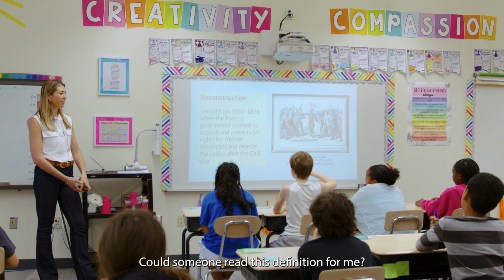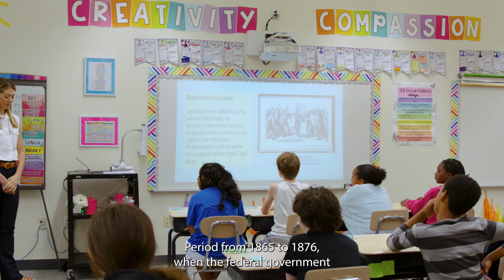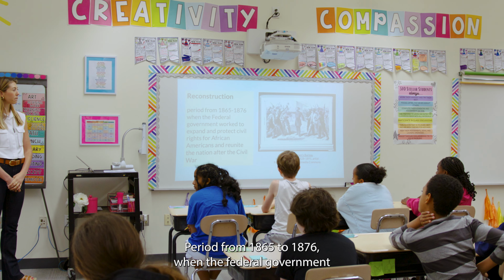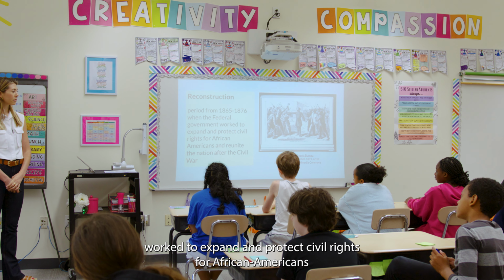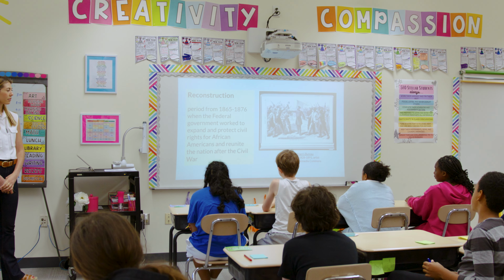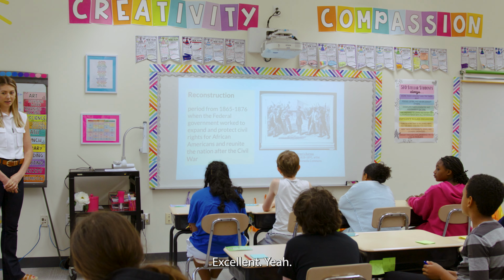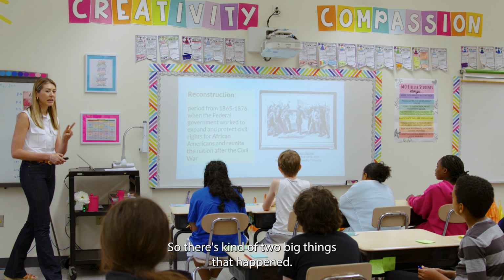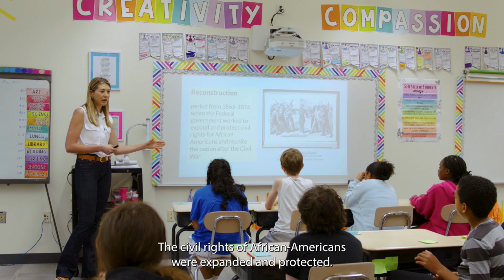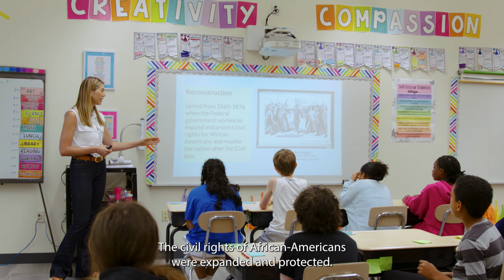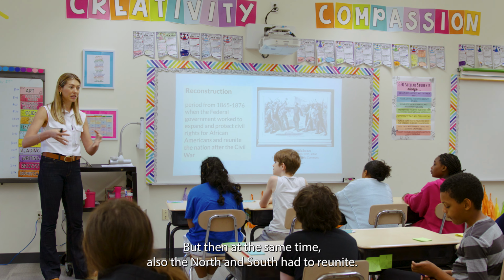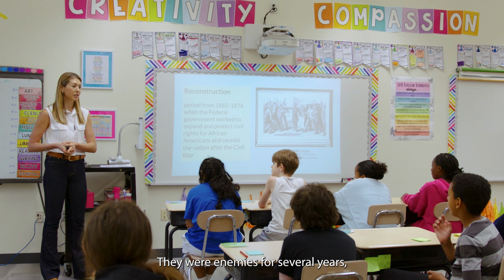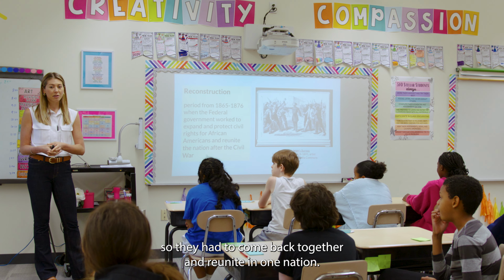Could someone read this definition for me? Period from 1865 to 1876, when the federal government worked to expand and protect civil rights for African Americans in the United States after the Civil War. Excellent, yes. So there are two big things that happened. The civil rights of African Americans were expanded and protected, but at the same time, the North and South had to reunite. They were enemies for several years, so they had to come back together